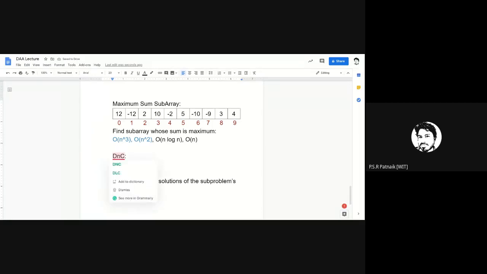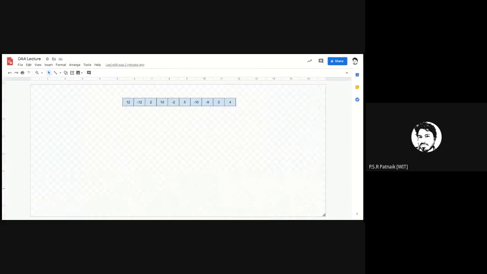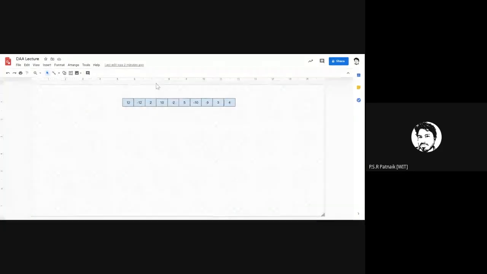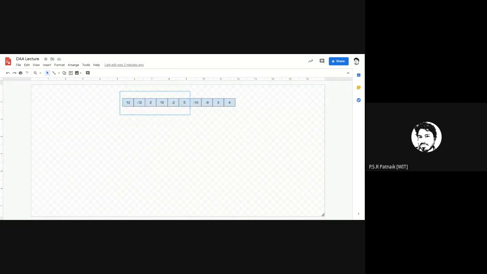So going on this approach, we have to find a divide and conquer approach for solving this problem. What are we solving? We want to find a maximum sum subarray for this given array. So if you look here, it has a maximum subarray. Now this is your maximum subarray, the elements containing this with the sum of 50, or it could be this. So we'll put one constraint so that we'll always end up with only one subarray.